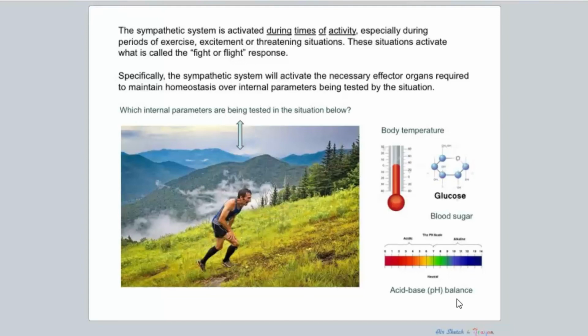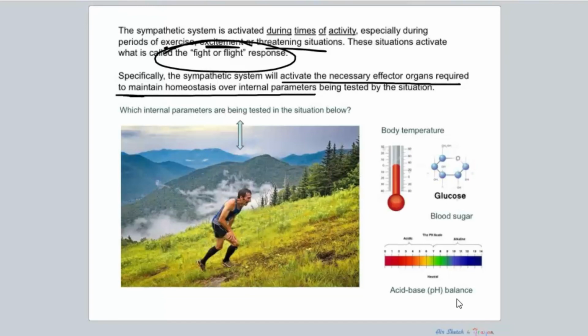Okay, so the sympathetic system is activated during times of activity, especially during periods of exercise, excitement, or threatening situations. And so these situations activate what's called the fight or flight response. They activate the sympathetic system, and by doing so, activate the fight or flight response. And what the sympathetic system is going to do is activate the necessary effector organs required to maintain homeostasis over the internal parameters that are being tested by the situation. Okay, that's a lot of words, but